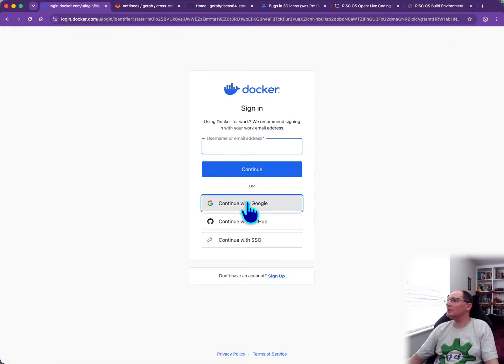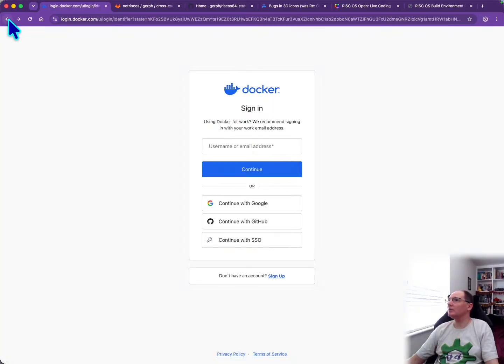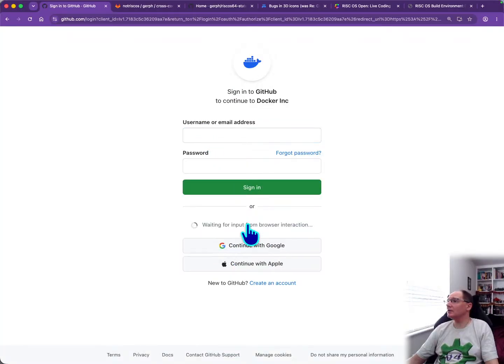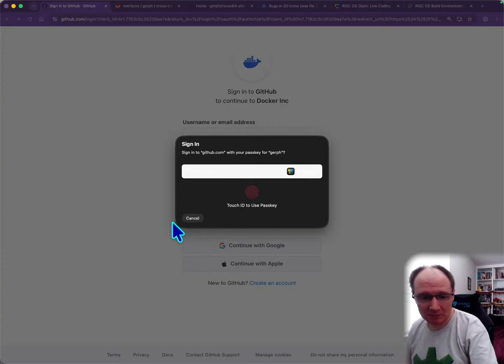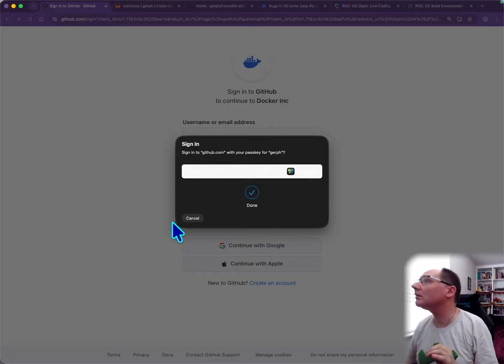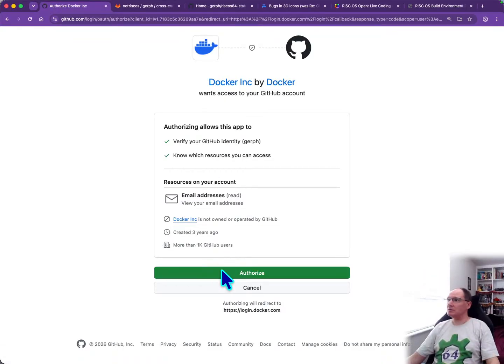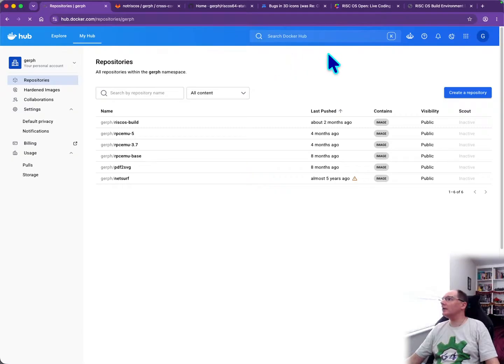Can I continue with Google? No, I don't have a Google login on this system. Continue with GitHub. I think I've got a GitHub login. Continue with passkey. Thank you. Touch ID. Okay. Did that work? It did. That's good. Authorize that. Hey, there we are. We got the